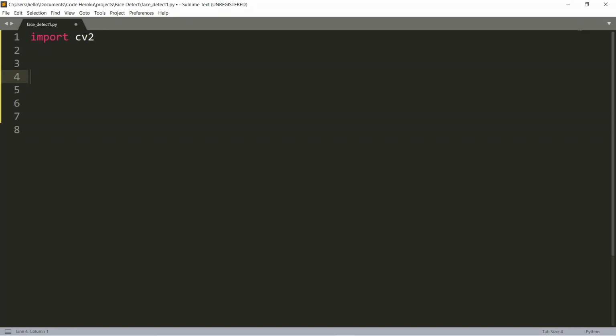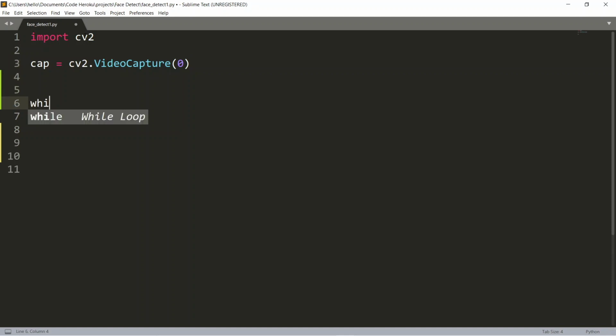Now the first thing that we need to learn is how to capture a video frame by frame from your computer's webcam. OpenCV gives us a simple way to do this. All we have to do is instantiate an object from the VideoCapture class. And the 0 over here means that we are just selecting the default video source. And generally it's your computer's webcam. You can also give a video file name over here if you would want to capture the video from a video file. And now since we want to do this continuously, we'll put our code inside a while loop.